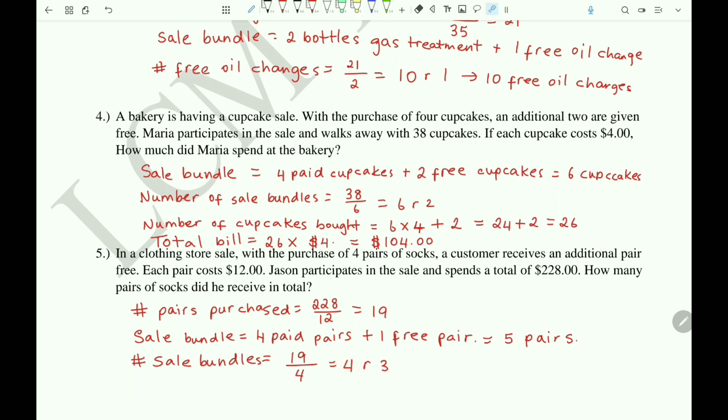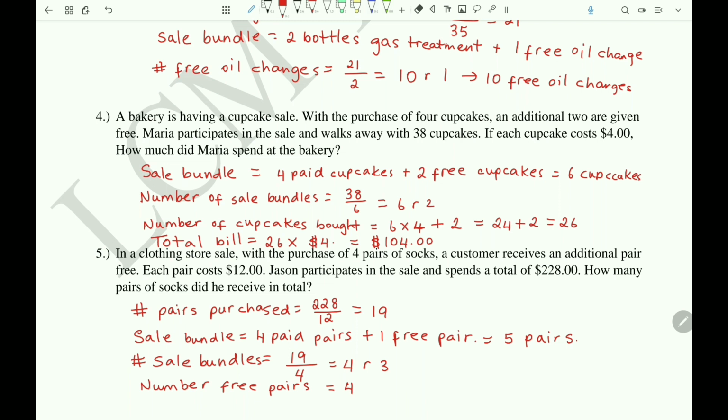Now this means that a free pair of socks was received 4 times, and Jason also purchased 3 extra pairs of socks, that's his remainder, which did not earn him an additional free pair of socks, right? So if Jason would have purchased 20 pairs of socks, then he would have gotten 5 free pairs of socks. But since he only purchased 19, then he can only receive 4 free pairs of socks. So the number of free pairs is now equal to 4,